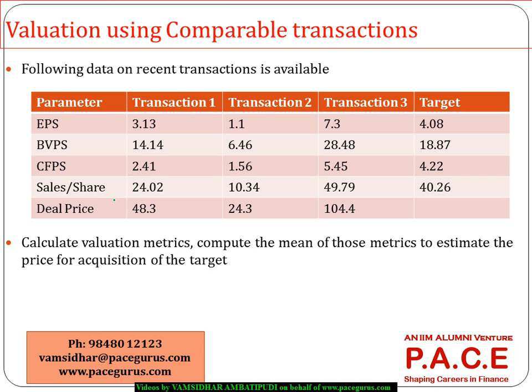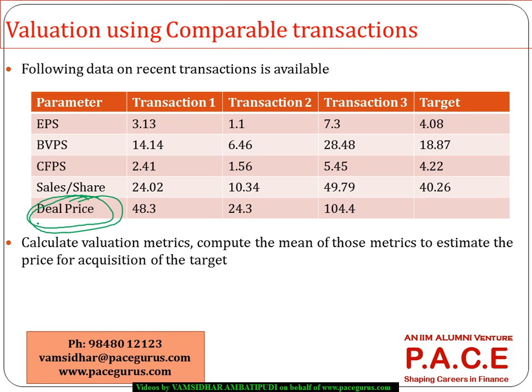Here the only difference from the previous example is I am not focusing on the share price of those companies. I am looking at the deal price at which they were taken over. Because this is a transaction, the other comparables are more or less the same. So to some extent there is a repetition in the process, right? Identifying the companies or the transactions which are more similar to the current takeover, they have to be identified.